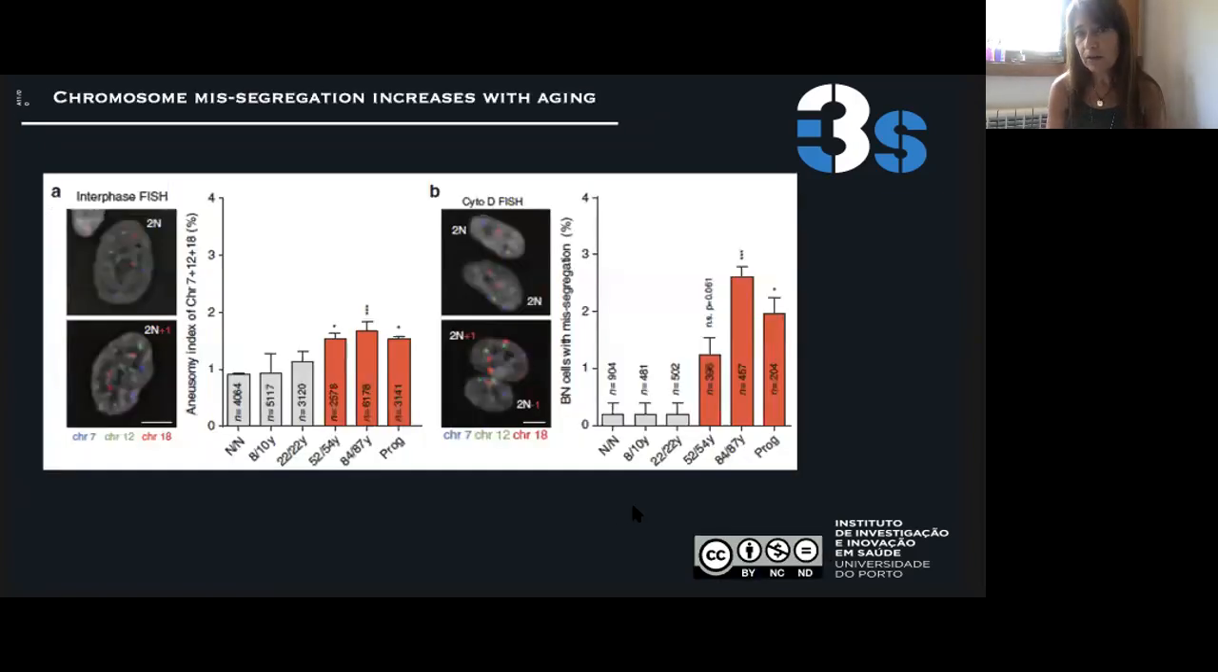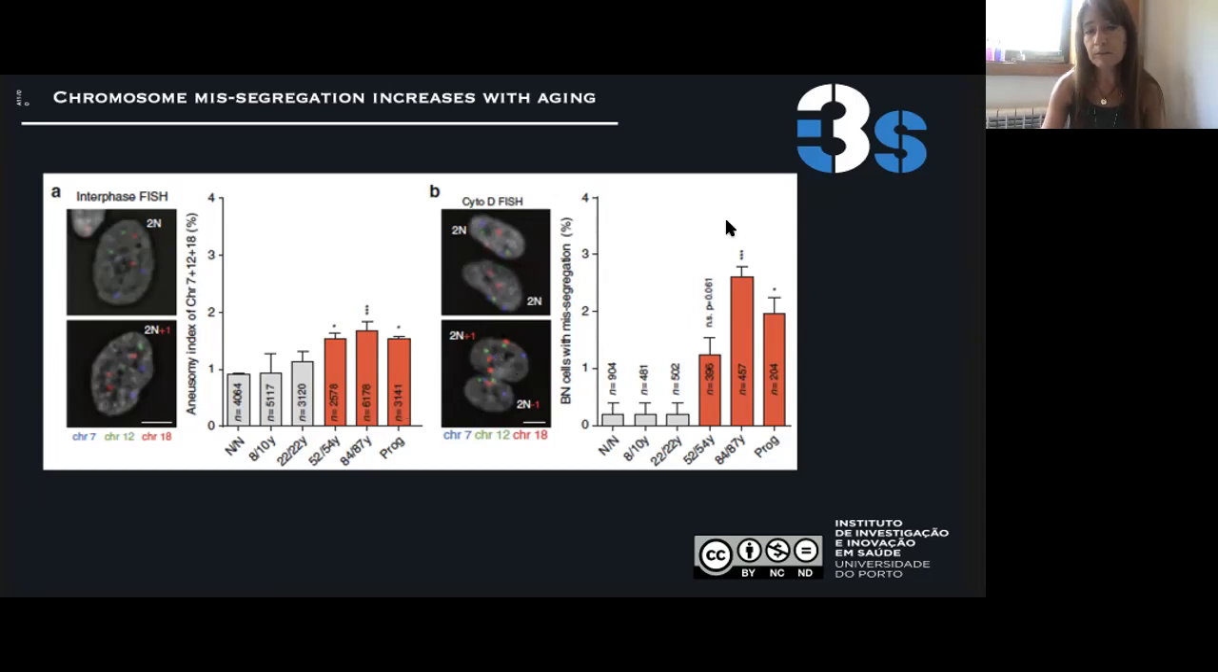We also found that because of these mitotic defects, there is an increase in aneuploidy from middle age on. And we measured this by performing fluorescence in situ hybridization using centromeric probes against 3 chromosome pairs. And you see that the aneuploidy index of these 3 chromosomes increases from middle age on, but also